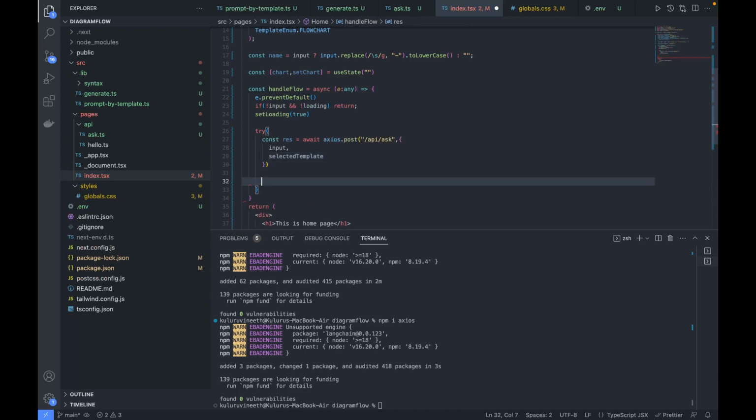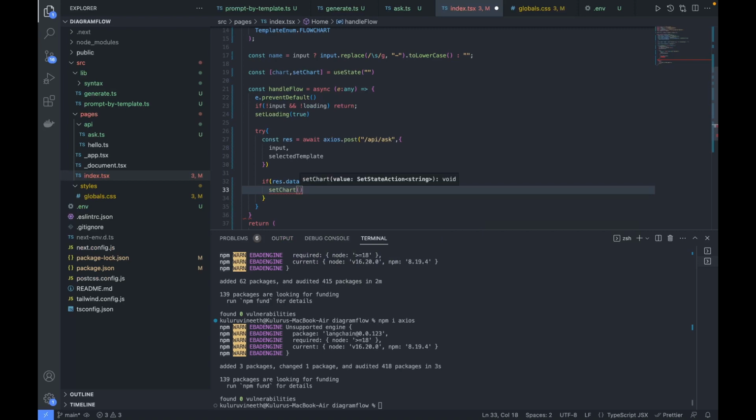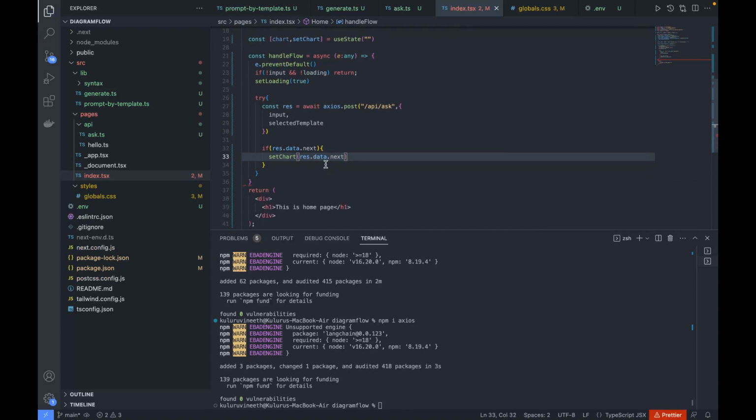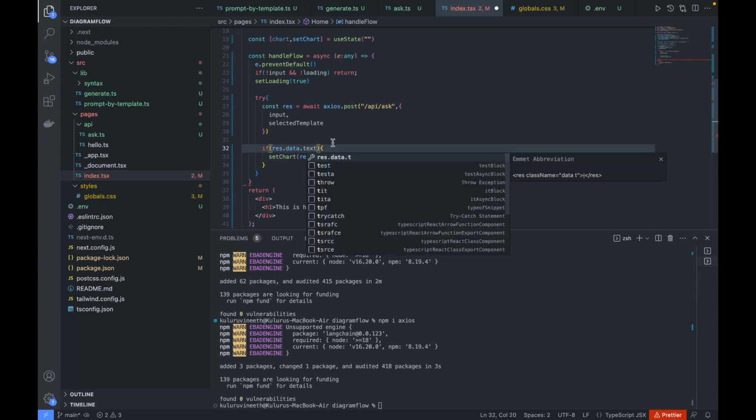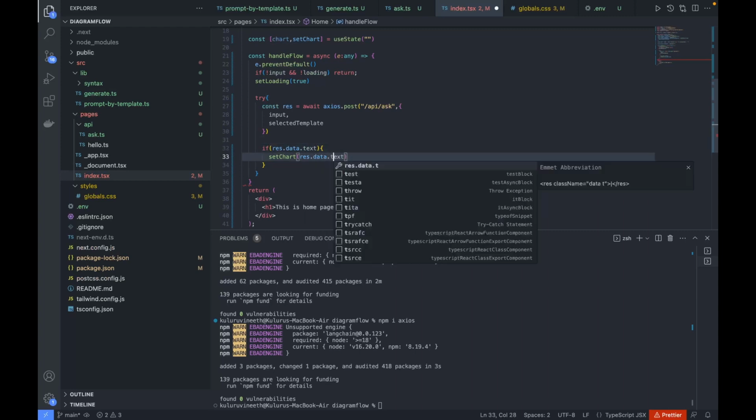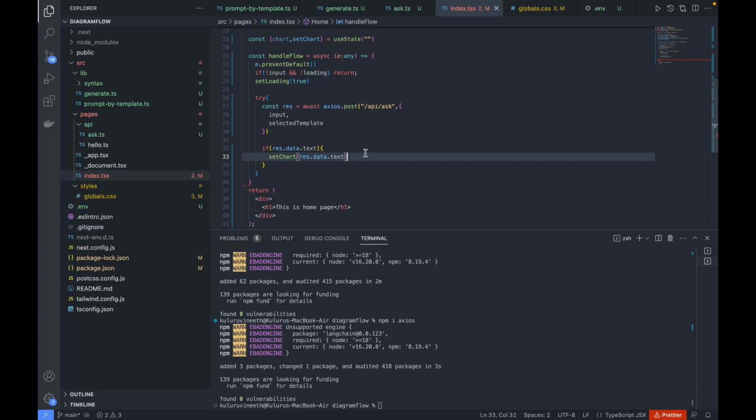Okay, fine. So here after this we will check if there is response.data.text. Then we are going to set that into our chart variable. Sorry, it has to be text. So this is the output that will be set in the chart variable, or else we're